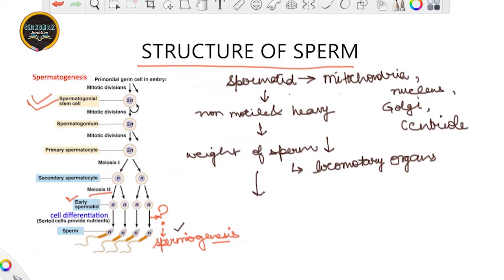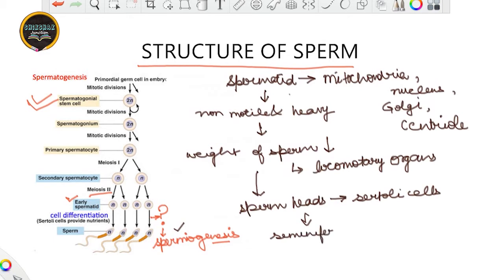Now this is before spermiogenesis. And what about these organelles? That also we will talk about. But before that, just remember one more thing with respect to this figure: after spermiogenesis, the sperm heads that form, how they form I will talk about, but just remember before that, the sperm heads that develop get embedded finally into the Sertoli cells. And Sertoli cells you might all know by now. If not, go and visit the previous lectures that are available on the channel.